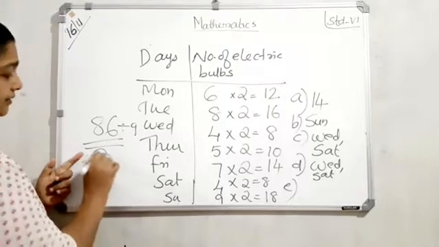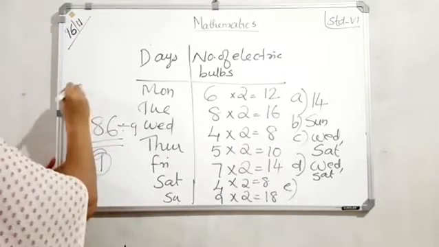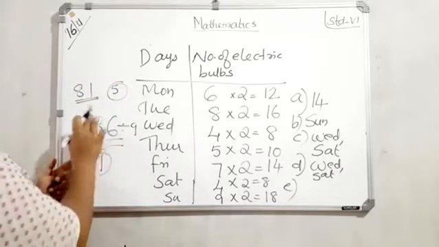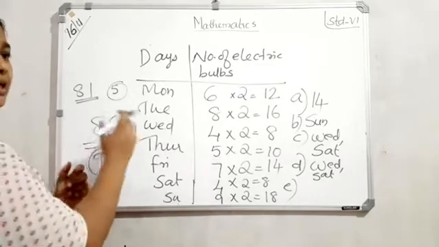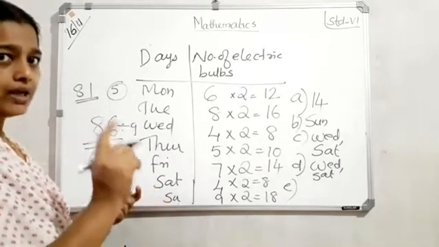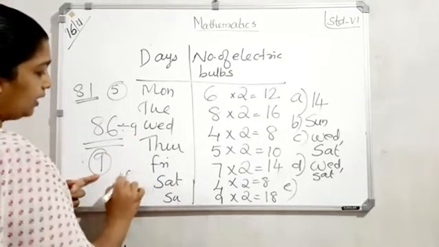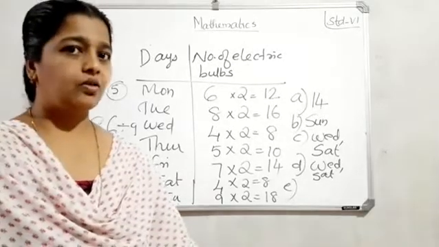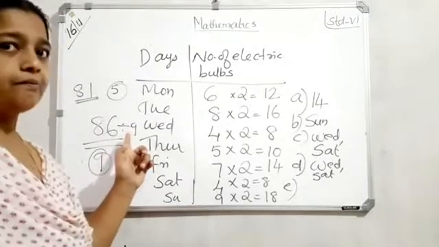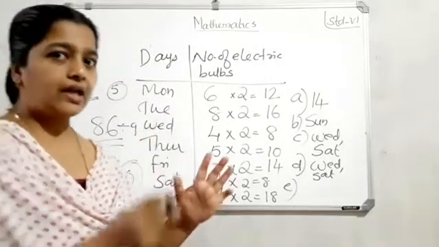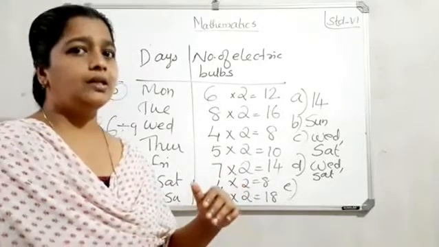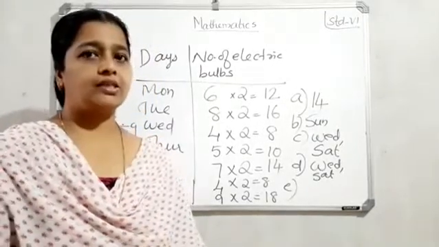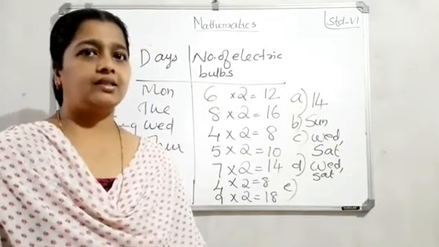So 9 into 9, 81. Then remaining 5. Understand? 9 into 9 equals 81. So the remaining 5 also we want to keep. So plus 1. So total 9 plus 1 equals 10. Understand? So answer 10 curtains. Total 86 divided by 9. Then remaining 5, that also we want to keep. So 9 plus 1 equals 10 curtains. Yes. So all of you write any 2 questions from this textbook. Try neatly. Yes. Thank you. Have a great day.